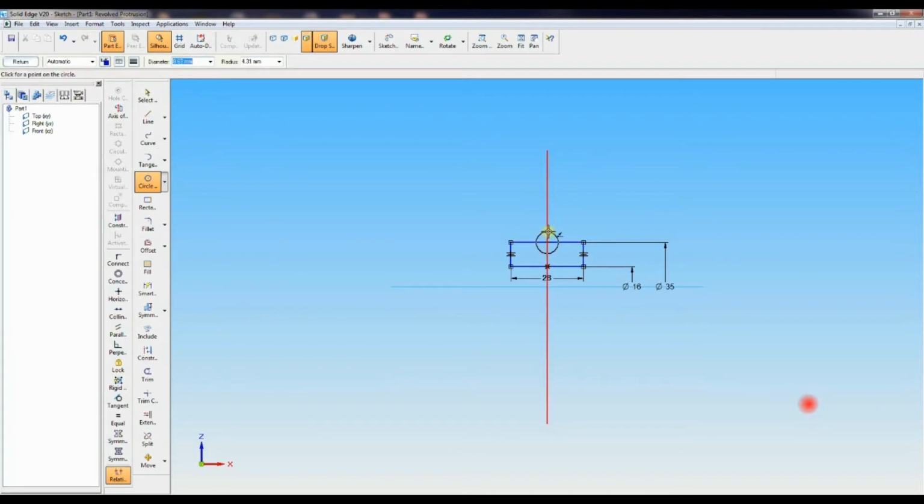Then with the help of the circle command, draw a circle of diameter 10 mm. Then go to trim, go to smart dimension, show the dimension or radius 10, then trim the line inside the circle like this.